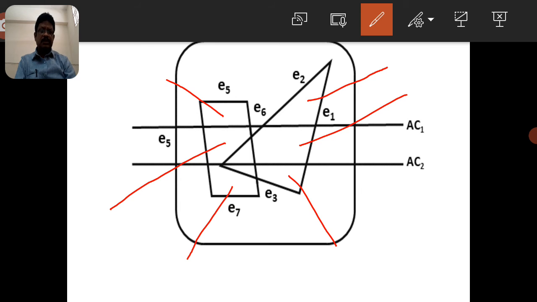So we have to keep the edge table separate, the vertex table different, and the surface table also different. Together they give the total description of these edges and vertices. Coming to the polygon lines, the lines taken on the polygon, if it is outside the window, the hidden faces are taken here: E1, E7, E3 and E5, that is one of the polygons.